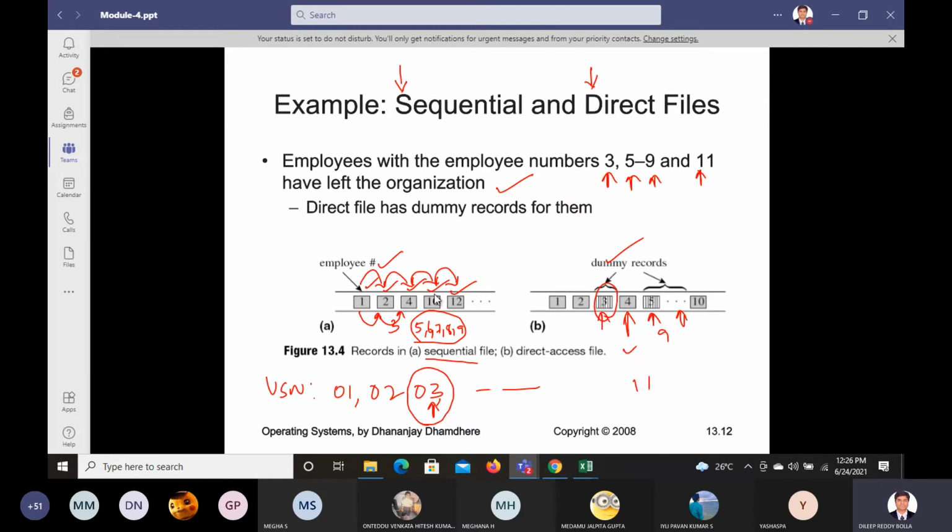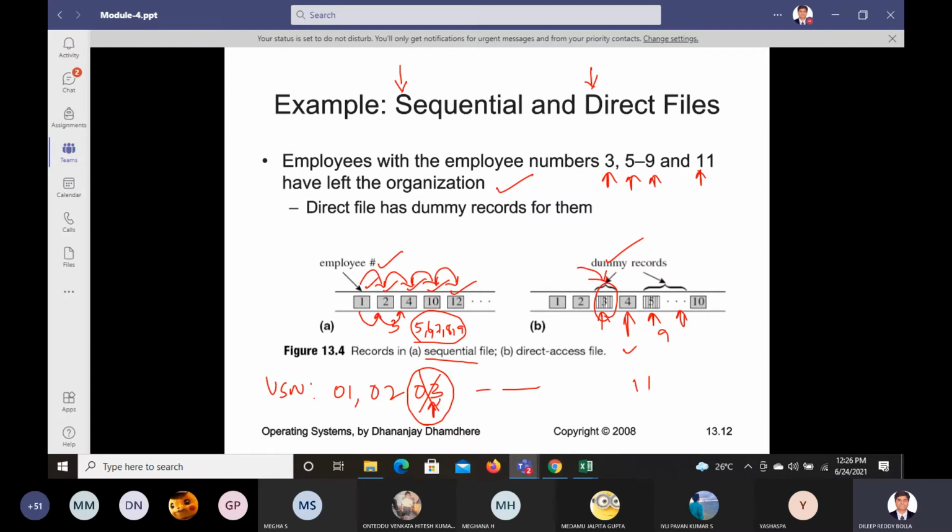In the roll number list they will not keep this name. For example, roll number 3 they will not keep. So they call 1, 2, 4, and after 4 directly 10. This is one way of doing it, and that's a sequential file. But here, instead of deleting it, they put some other records there; someone else will be kept in that place.